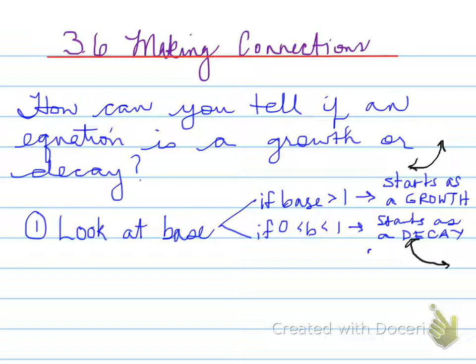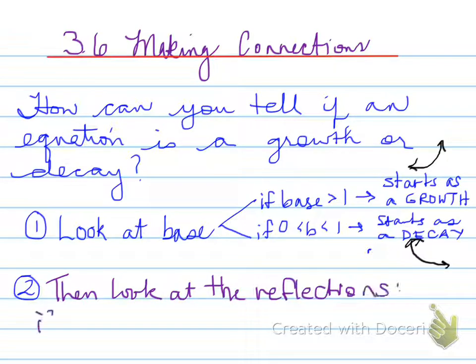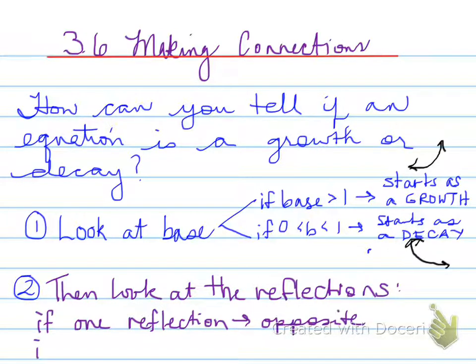Now, knowing that, we then look and see if there are any reflections. When we look at the reflections, we have to see if there is one reflection, so either a vertical or horizontal reflection. And if there is only one reflection, then whether it's a growth or decay, it turns into the opposite type of graph. So just to give you a quick example,